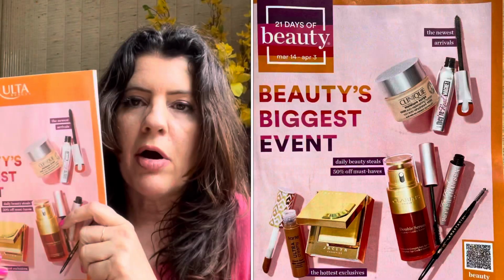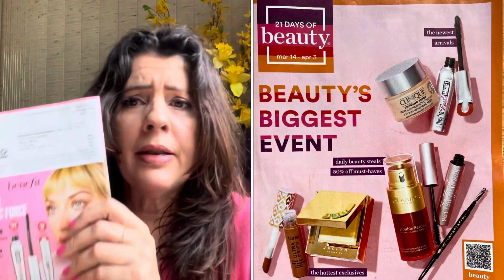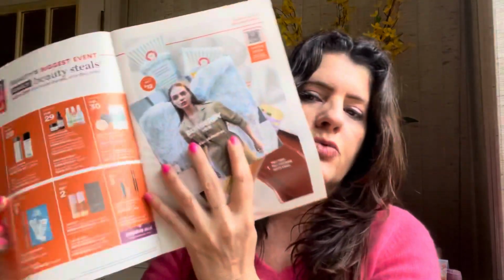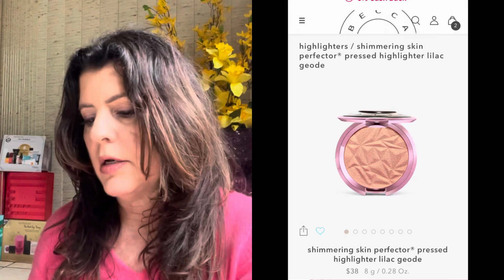And oh, also the Ulta beauty event's going on right now, and I didn't do a video on it because the only thing that I'm thinking about on the sale, and I thought I could just run through this brochure real quick, but we're already into the first part of the week, and